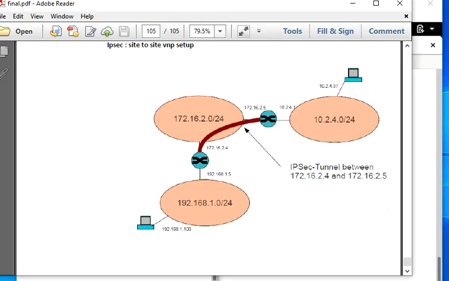I made this 172.16.2.4, and this one I consider as router 1, and the other one I made this 172.16.2.4. This one is for another interface, the Ethernet interface. Between these two I am going to make a tunnel, and you see this configuration,